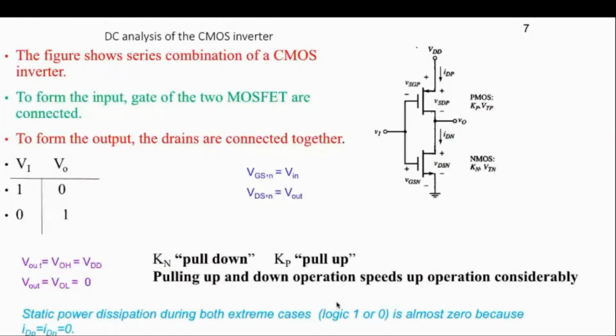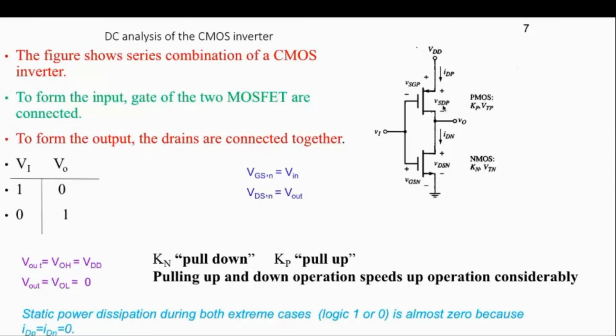So this is a very good illustration of the things we are going to study. This is your CMOS inverter. Here we have a PMOS and this is your NMOS. Now all the terms are included with a subscript P and N. So this stands for voltage at the input, voltage at this particular point between source and ground, and this is for PMOS.